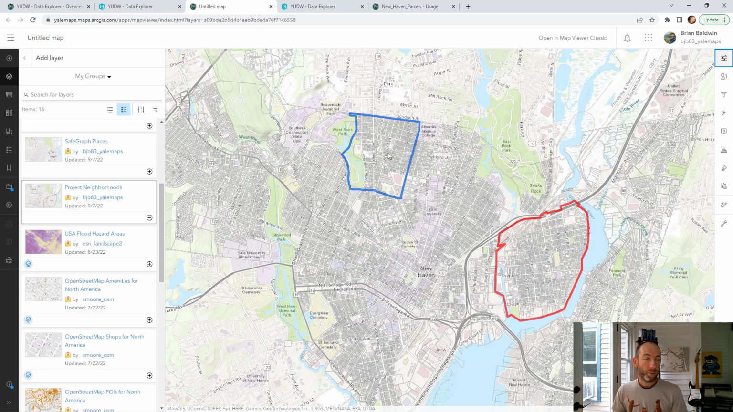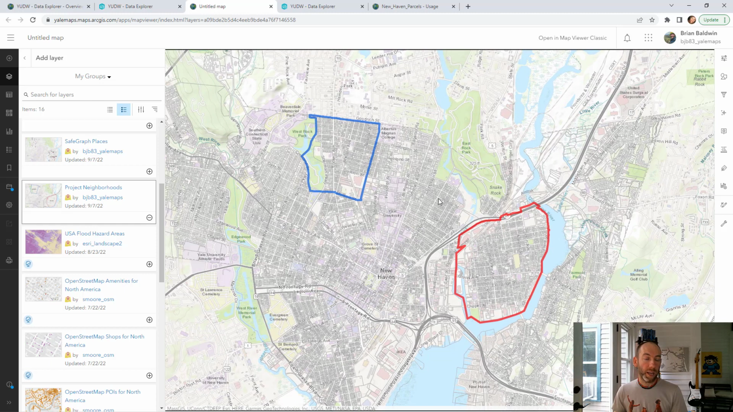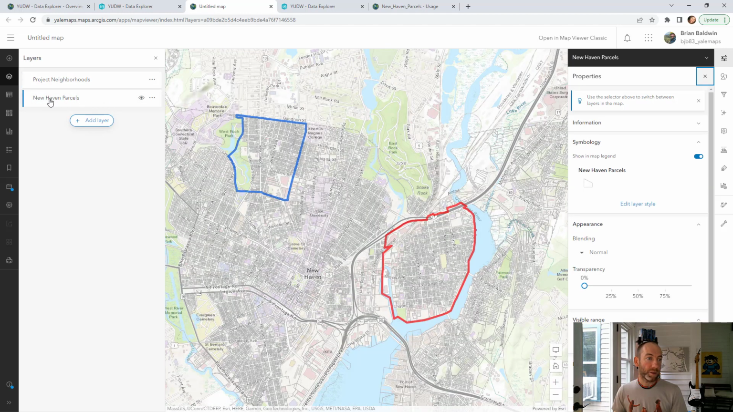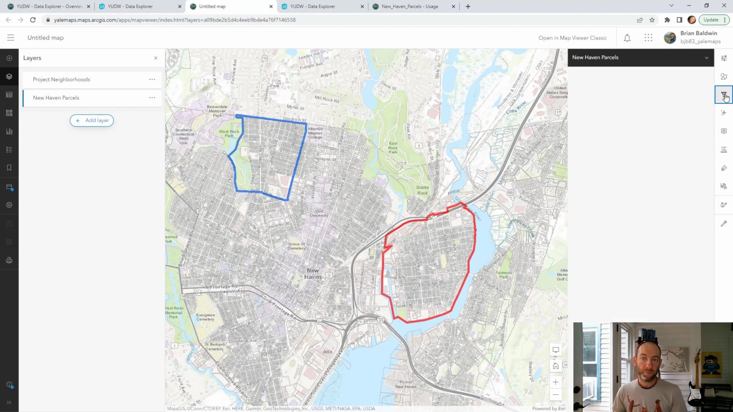The second most important thing is how you can start analyzing and asking questions of this data. If I have the parcels selected, you can see this is now selected on the table of contents over here on the left. I can now apply filters or change the symbology for this data on the right-hand side. The first thing I wanted to show is how to do a filter. So here, if I click filters and I add an expression,